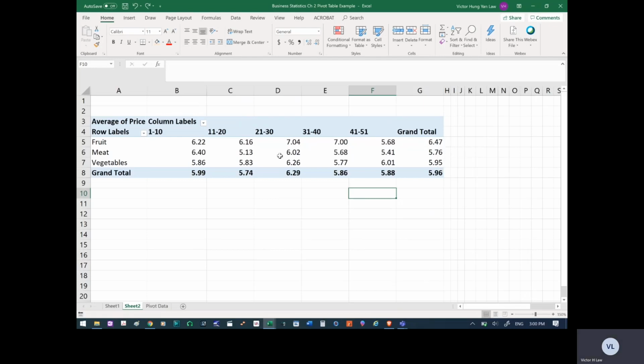And then we can also see that for any transaction that has 20 to 30 quantities sold, this quantity range seems to be the range where we have the highest average price for each product sold. So that's some of the very basic analysis that you can do with the pivot table. So for this example, what you need to know is that